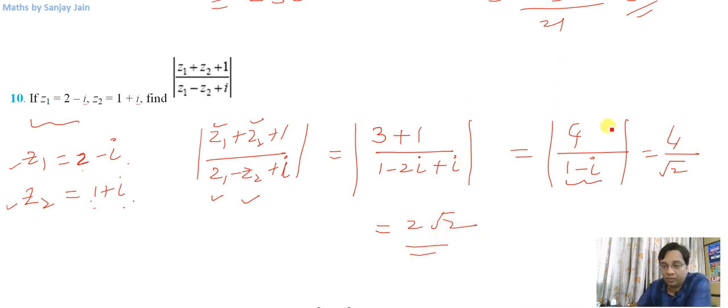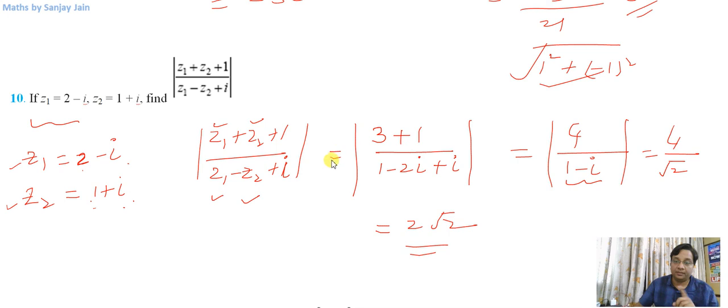Mod of 1 minus iota is what? 1 squared plus minus 1 squared, square root. This is what we have done many times in this exercise itself. See, I just noticed that there seems some discrepancy in the question here and the NCERT, because in your book I think here you have got 1 in place of iota. So your answer will be different. Now what will your answer be? Let us check that also. For this question it is correct, 2 root 2.